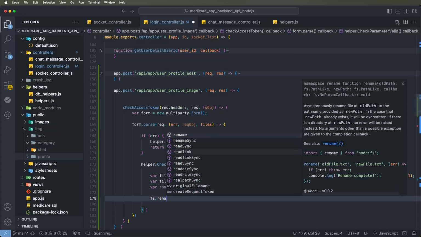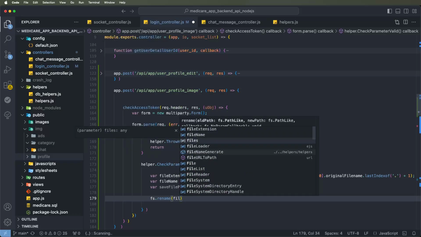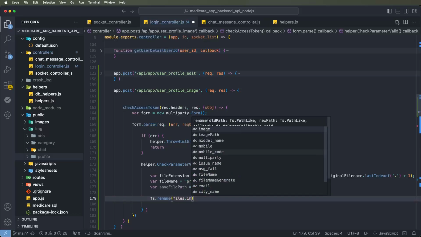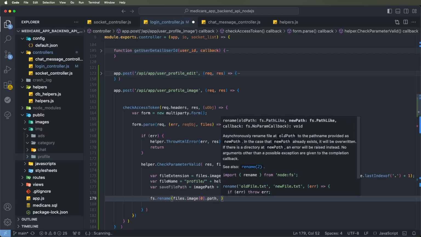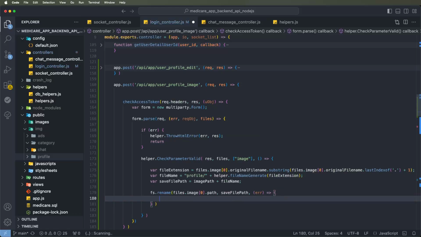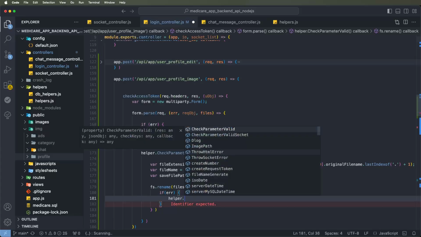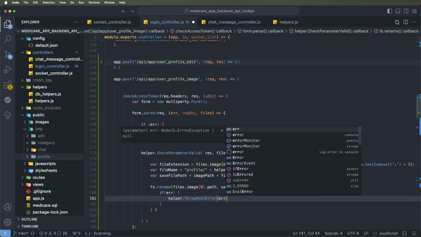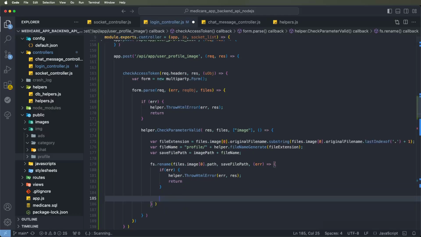Now we need to call the file system rename function. We set the file dot image first, set the path, then give the save path, and return any errors in the callback. Now we need to check the error: helper dot throw HTML errors, and pass the response and return these functions. If we don't get any errors and the file is saved with the rename,